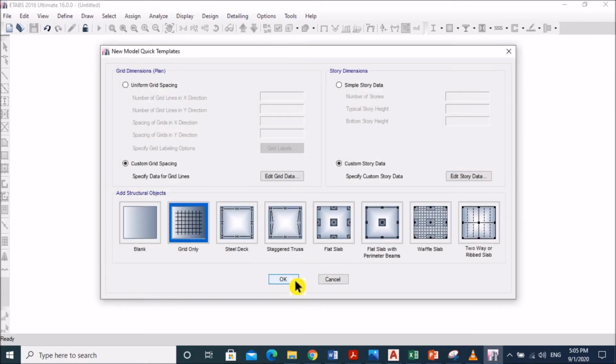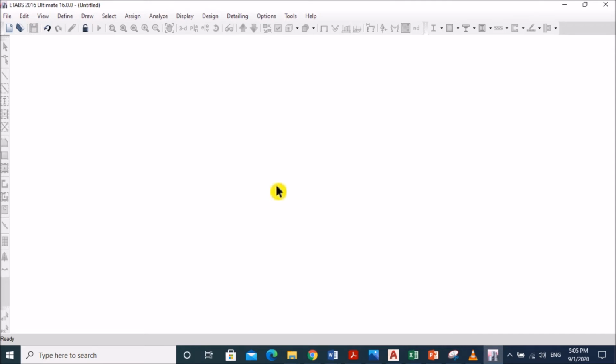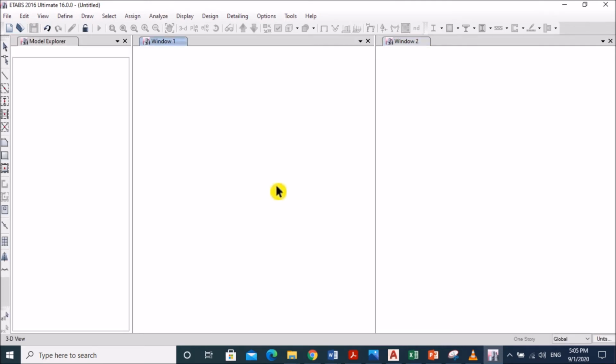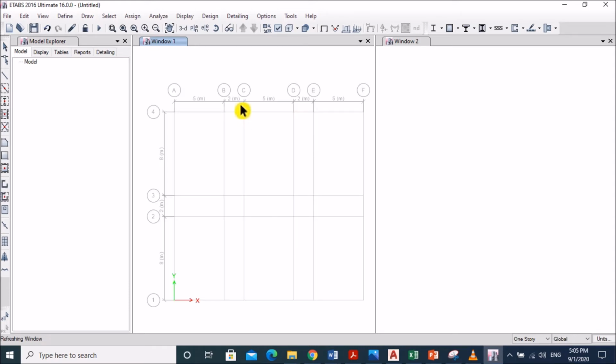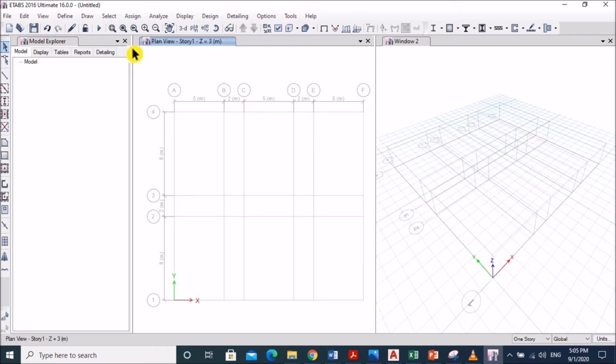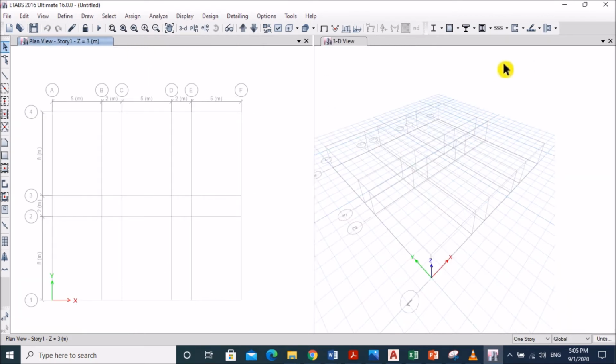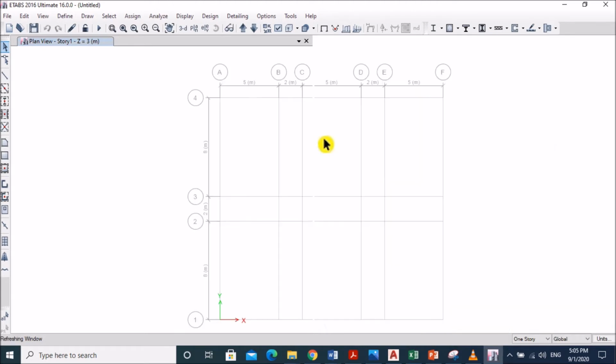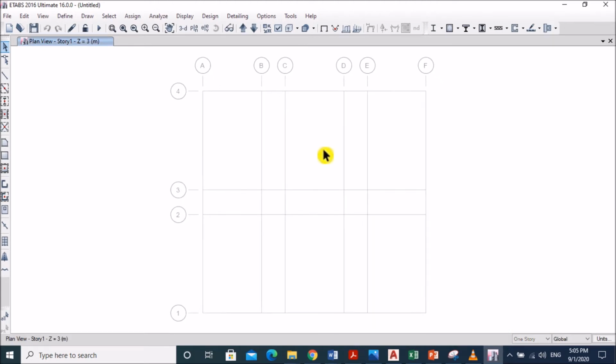Again OK. I want to delete this model explorer option and another window, so that we can see the pictures clearly.